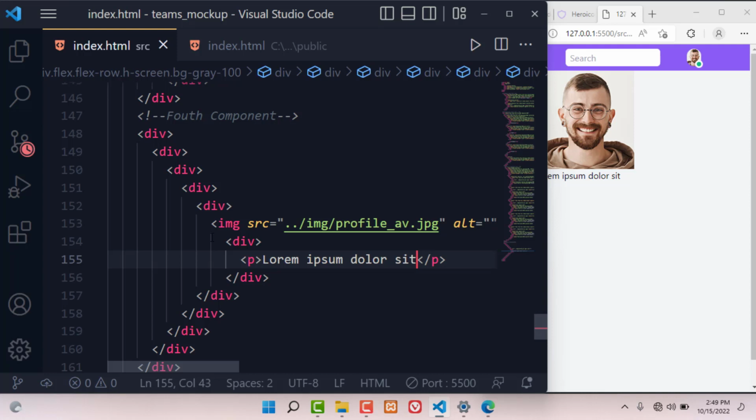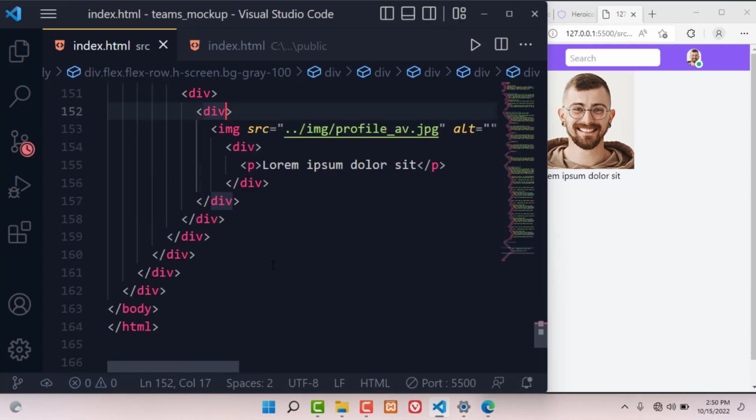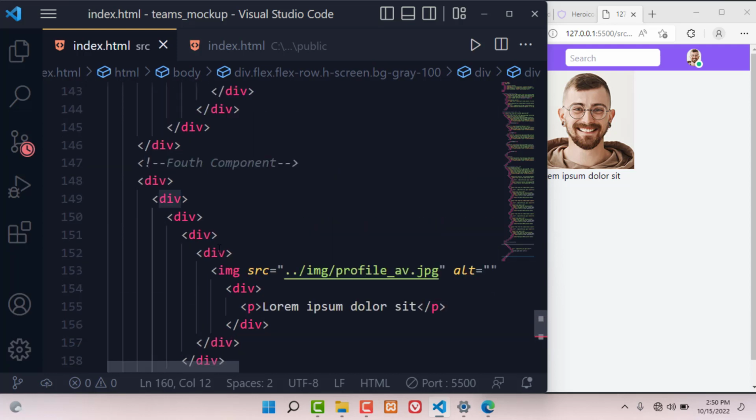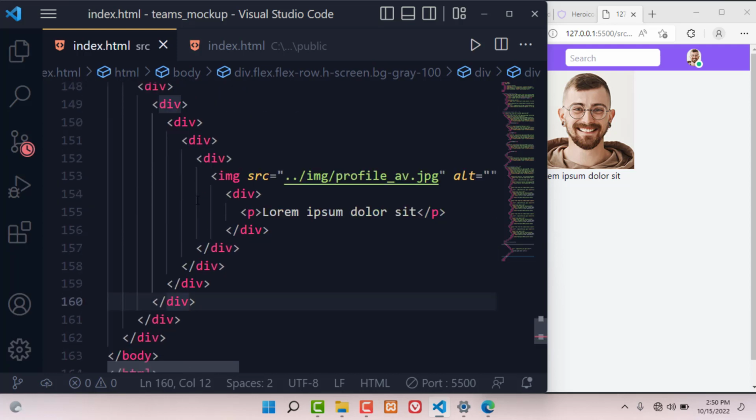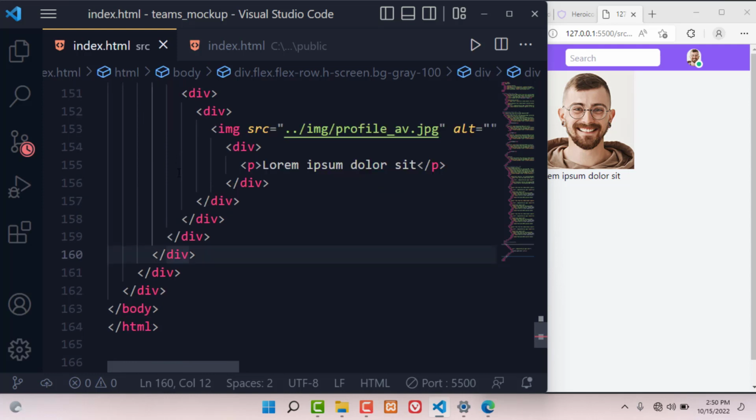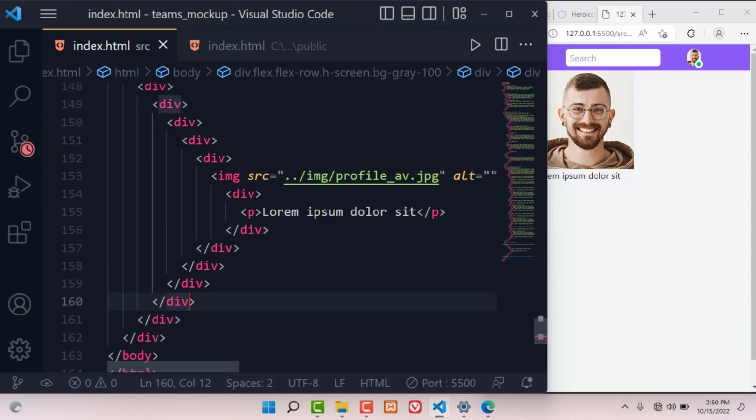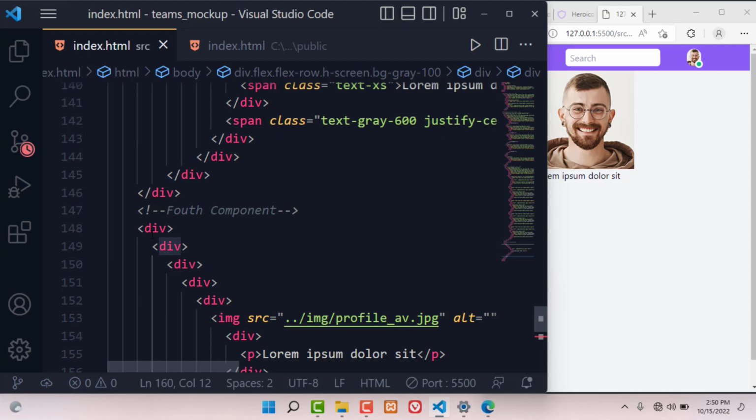So now what we'll just be doing is to duplicate this so that we have several of such. But now we also have one more part just below that. Yes, so outside this specific div that is housing our text, but still within this container for our fourth component here,